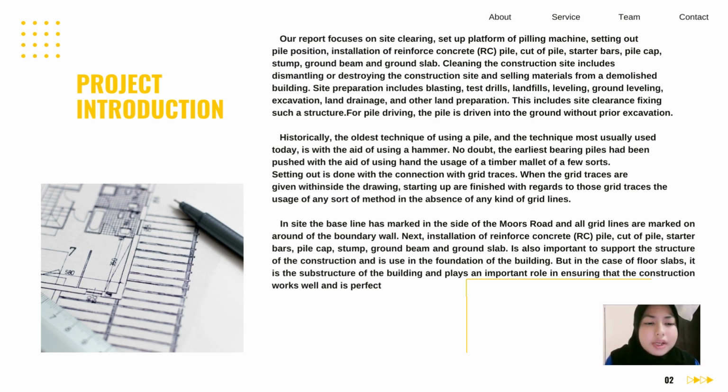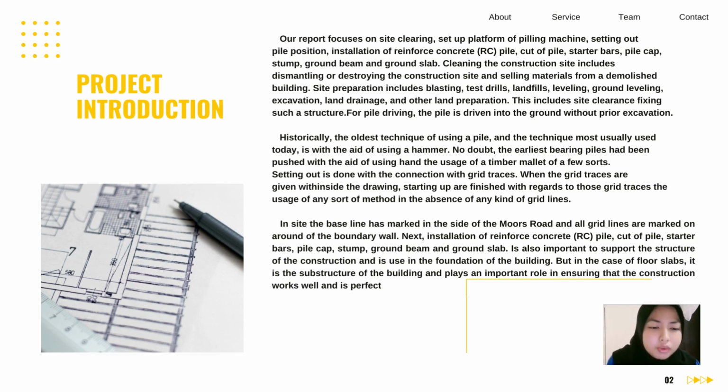Setting out is done with reference to grid lines. When the grid lines are given in the drawing, setting out is carried out with regard to those grid lines, using any sort of method in the absence of any kind of grid lines. Inside the base line, the mark on the side of the main road and all grid lines are marked around